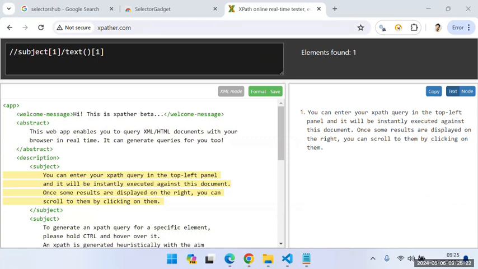Okay. All right. So now, let me see if there is something missing